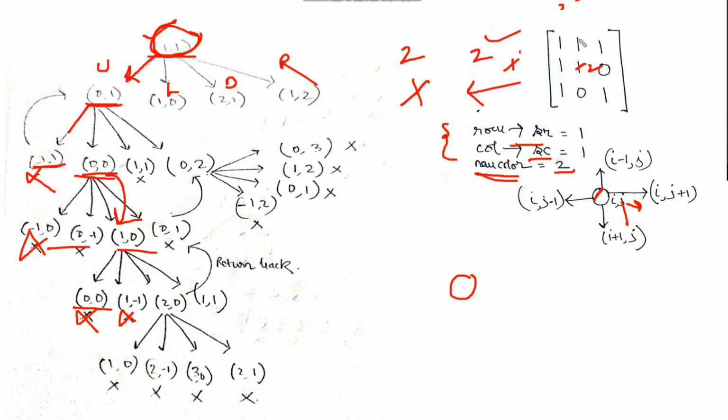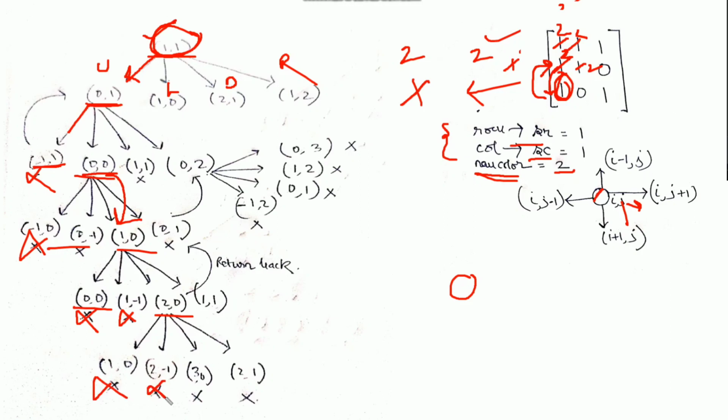So we have changed this to 2, 2, 2, and right now from this location we went in the downward direction. Again from this location, that is from 2 comma 0, there are 4 possible choices available. From 2 comma 0, 1 comma 0 is there, it means this location, and 1 comma 0 we have already visited because the value has changed to new color 2. So we will not have this choice.